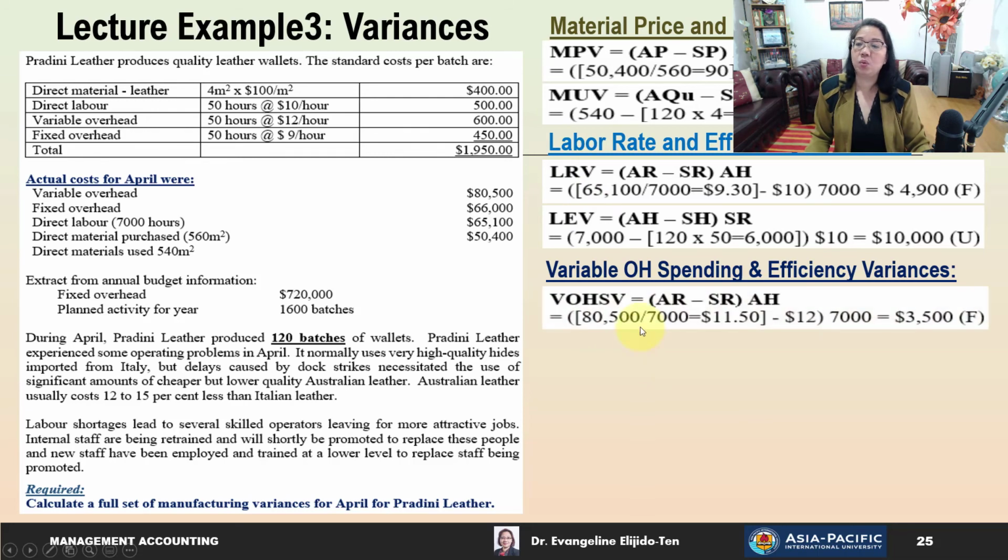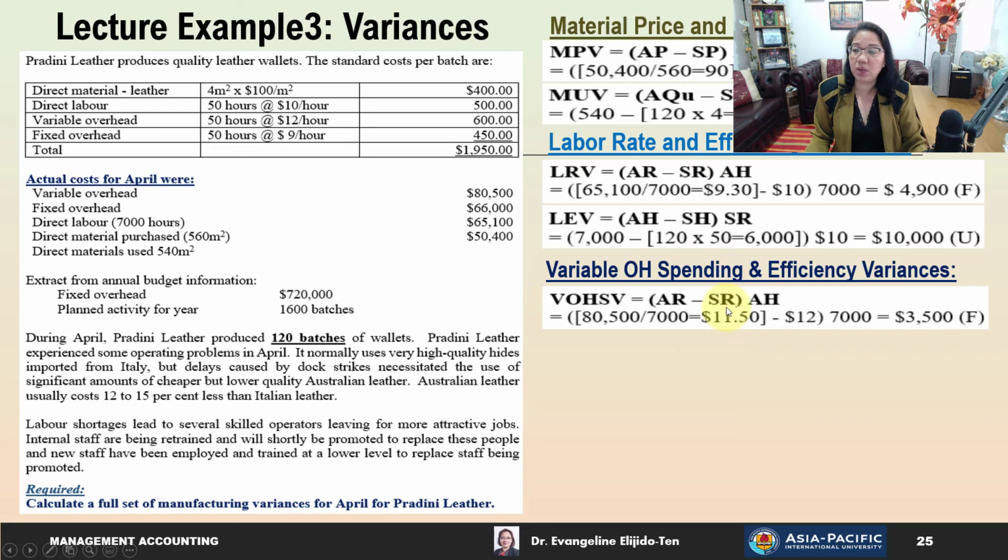The formula would be the actual rate minus standard rate times actual hours. Does that look familiar? It's exactly the same as your labor rate variance. So what is the actual rate? It's not given, but again, we can calculate quickly. The variable overhead actual cost for April is 80,500, and the actual labor hours is 7,000. So that would give us an actual rate of